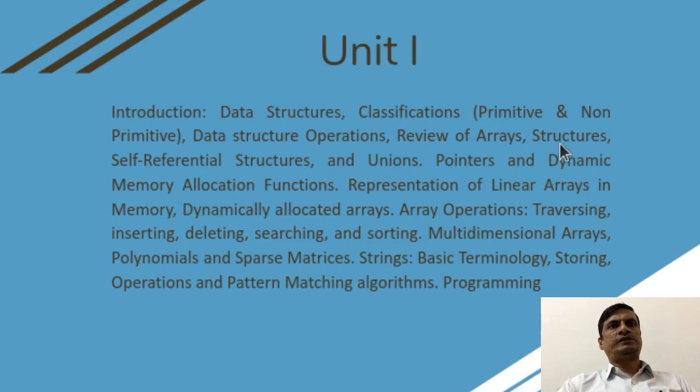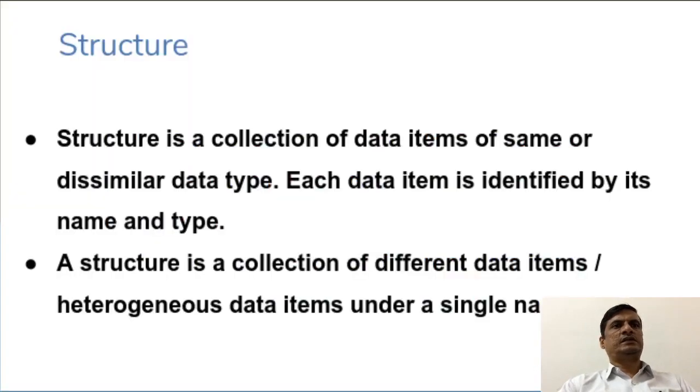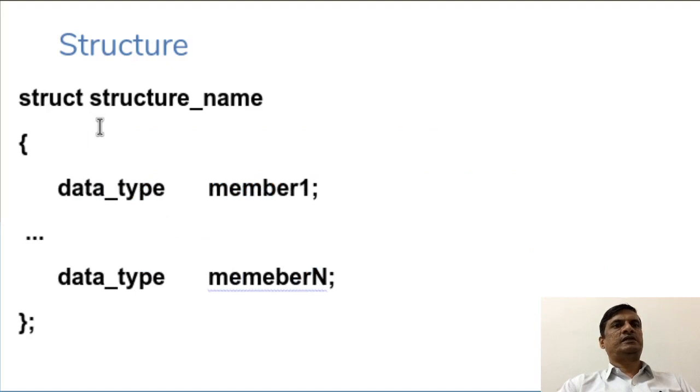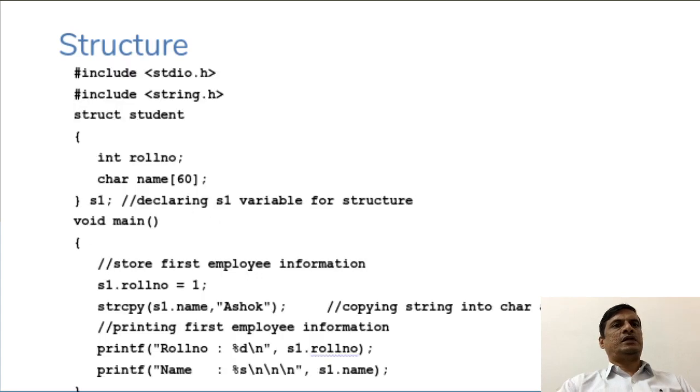In the previous class, we discussed structures, self-referential structures, nested structures, etc. So just to revise, we'll go through what we discussed. We defined what a structure is and how you define a structure with the struct keyword, a name and the different members and their respective data types, and we illustrated through simple programs how a structure works.